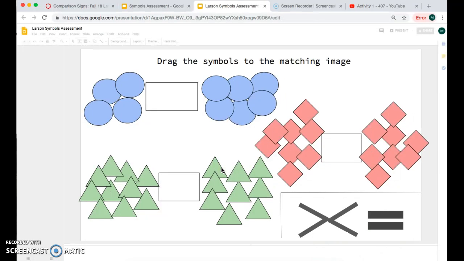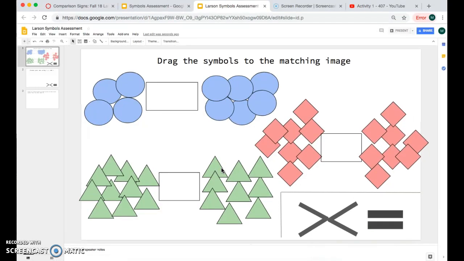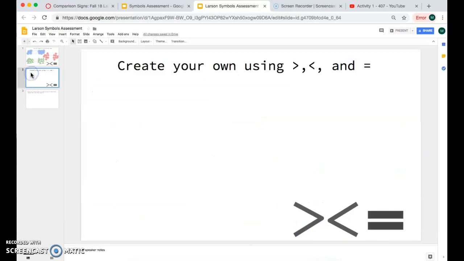And then, so this first slide is going to have you drag the symbols to the matching images. So with each of these, you will just count all the circles or shapes, and here I left these for you. And so you will just take these and drag them and put them in the box for whichever one it belongs to. So you will go through and match each of those,